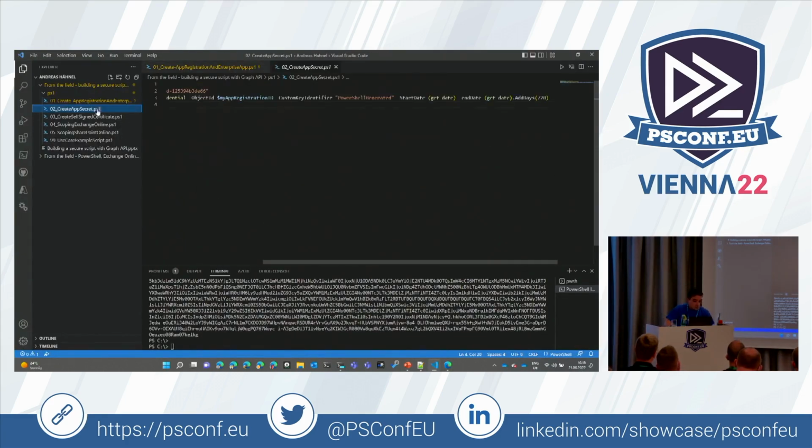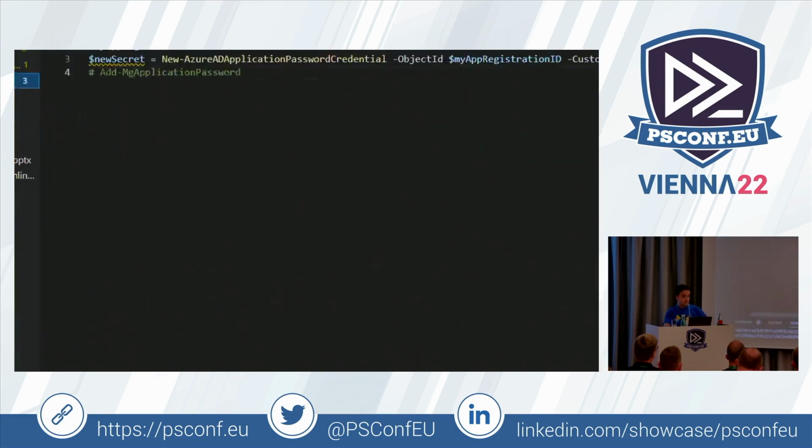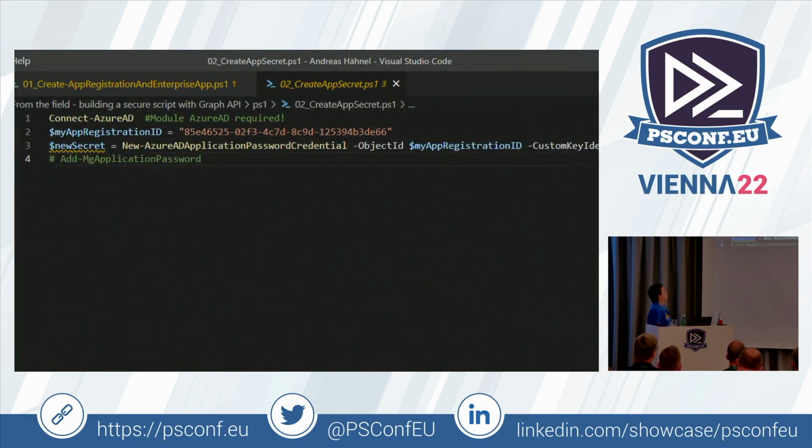All this can, of course, also be done with PowerShell. You will not believe how easy that is. Creating a client secret, you see again a one-liner. What you need is the ID of your app for which you want to create the secret, and then New-AzureADApplicationPasswordCredential. Yeah, that command is quite long, but